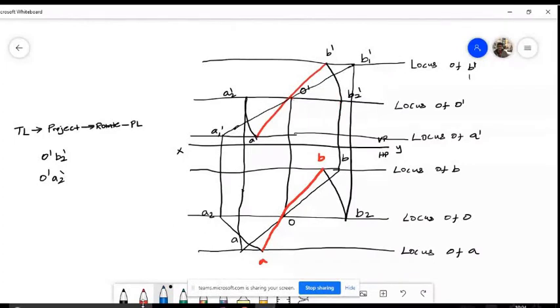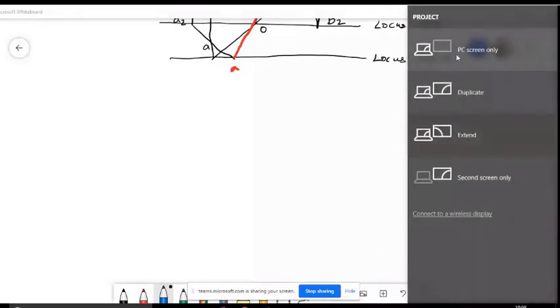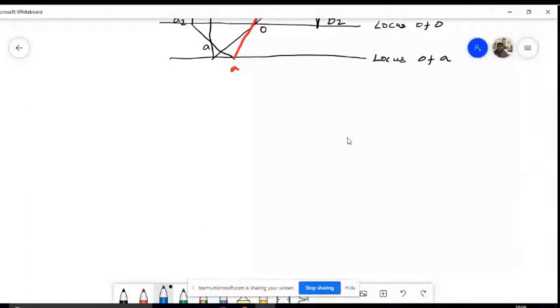Any doubt in this? I hope most of you are clear with this. Okay, I'll just give you 2 minutes. You copy this, okay? We write a problem. You try to solve this. So if not, we'll discuss, okay? A straight line. Long.